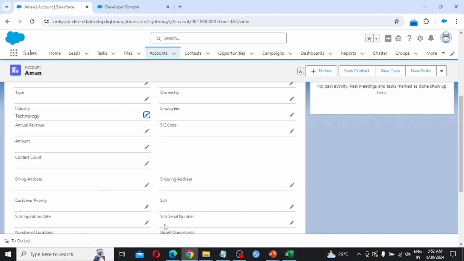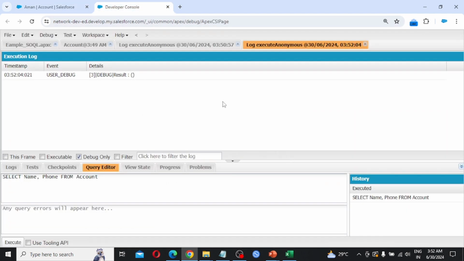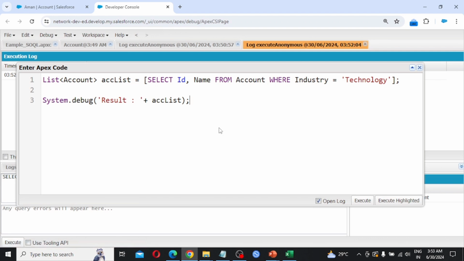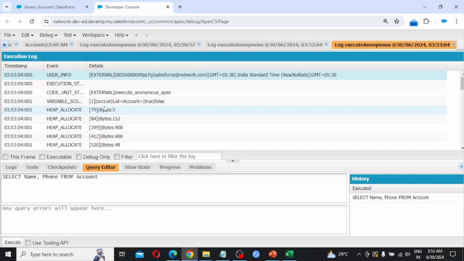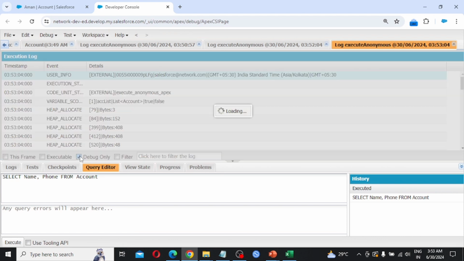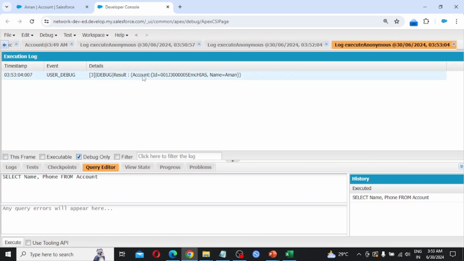Save. So again I am just going to query, execute. So now it should display a value. So now we are getting the value Aman, and this is the Technology industry.